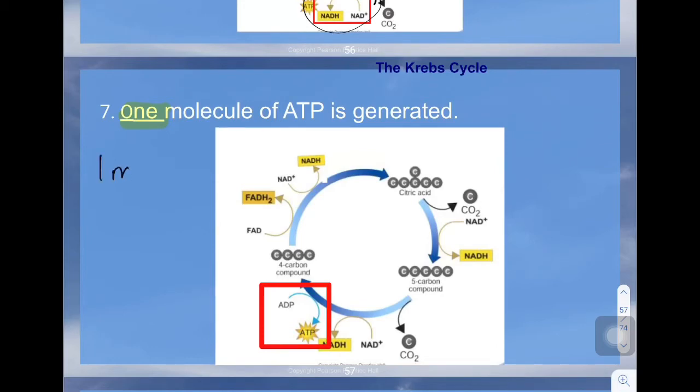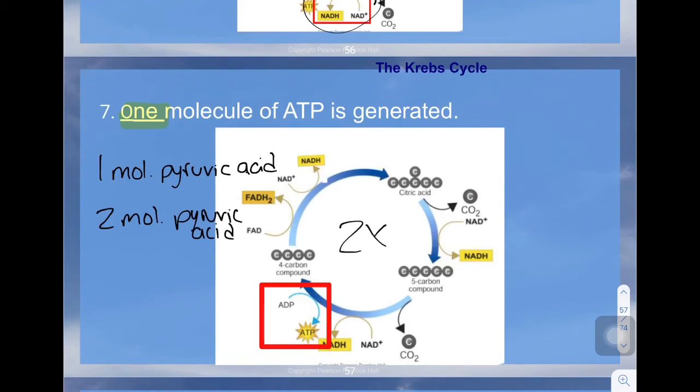This is only for one molecule of pyruvic acid. And remember, glycolysis generates 2 molecules of pyruvic acid from one molecule of glucose. So technically, this cycle has to spin 2 times in order to get the energy from one molecule of glucose. So technically, 2 molecules of ATP could be generated from one molecule of glucose if the Krebs cycle spins around